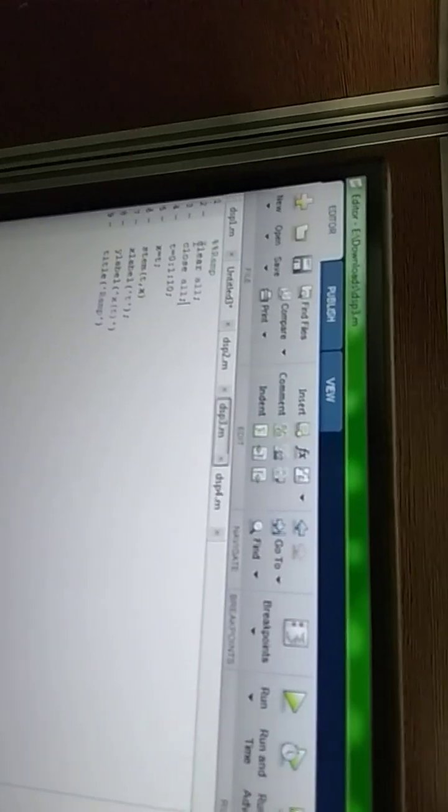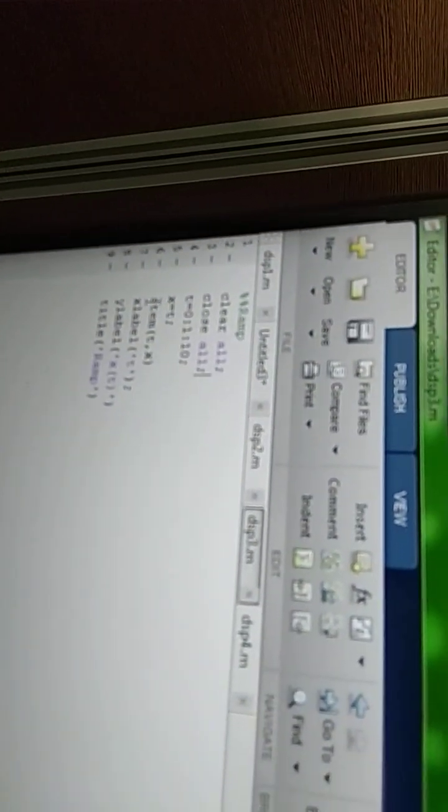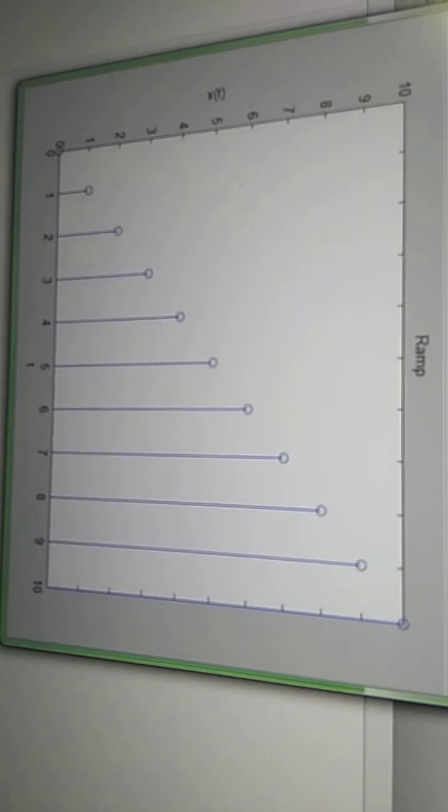In the ramp signal we will write the same corresponding program. Just write the program in the same way, and the command used for the ramp program is the same, and then you press the run button and will get the ramp output. And the next signal is impulse. For impulse response, we will write the program in the same way, and we will get the impulse response.